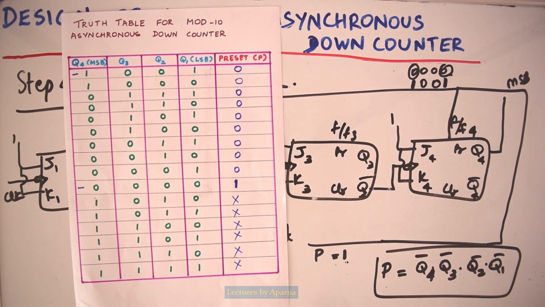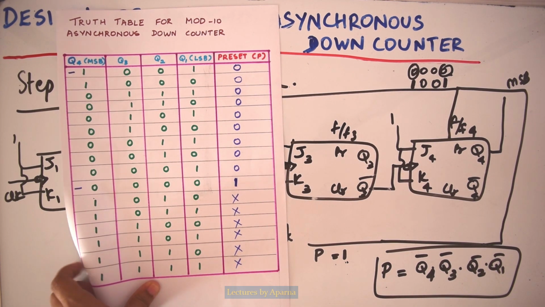Now the circuit for making P equal to 1 can also be drawn from a Karnaugh map. Drawing the Karnaugh map is a general step and it can be used in the case of design of counters with any number of states. That's why I am explaining it with the Karnaugh map here. So let's see how we can use the Karnaugh map to get the same answer, but the method will be like this.